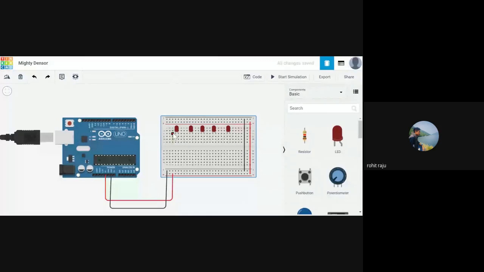So when we want to do that now, see, this row or this column right here, all the connections here are internally connected. So if you want to connect this terminal to the ground, you can choose any hole and connect directly to the ground right here.